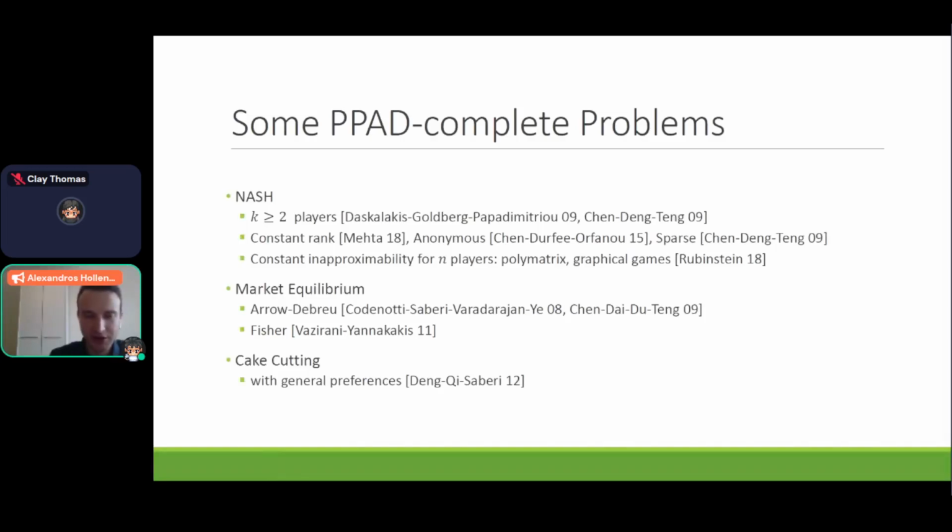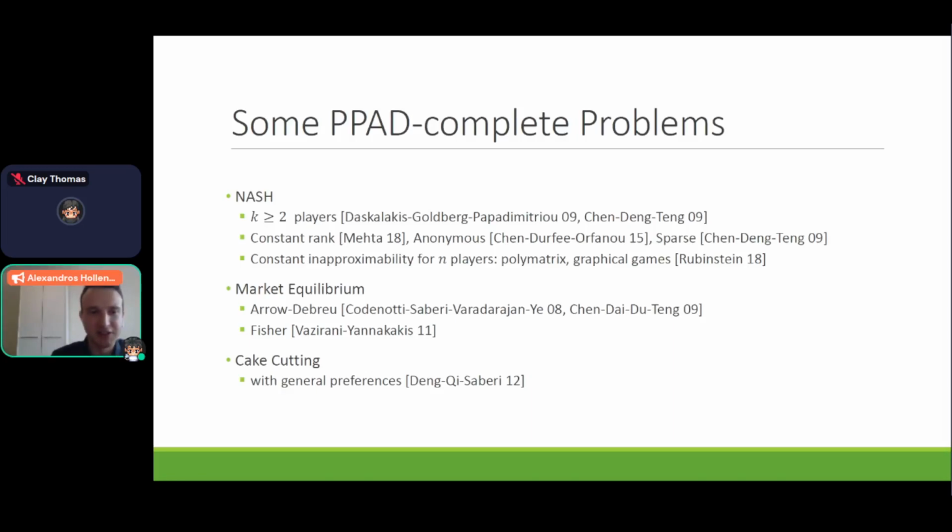But before we go any further, perhaps we should just pause and think about what it means to prove a PPAD-completeness result or a PPAD-hardness result. Why do we care? Well, it's not only a negative thing, right? If you think about it, proving that some version of a problem is PPAD-hard tells you that it's very unlikely that you'll find a polynomial time algorithm. But it also tells you that if you look at some restricted version, it guides you towards a restricted version where you might be able to get a polynomial time algorithm.